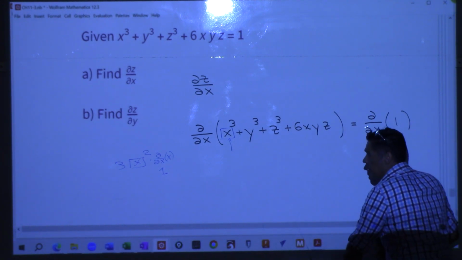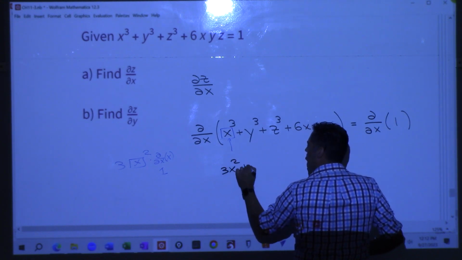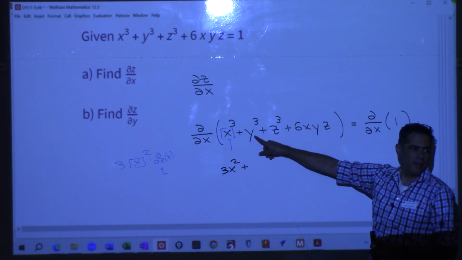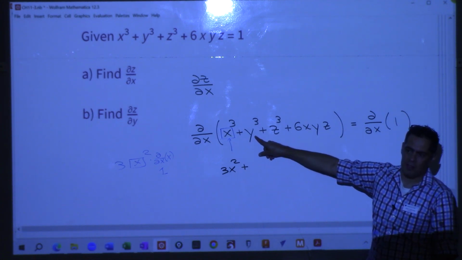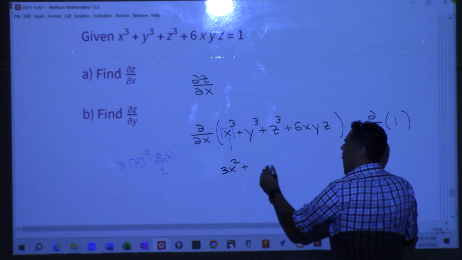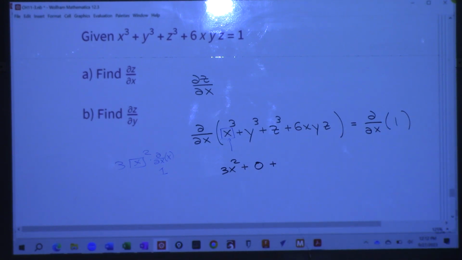Okay, so the derivative of this with respect to x is 3x squared plus the derivative of y cubed, which is 0. Why? Because we're holding y as a constant, so this is just some constant, 0. Plus, drum roll,